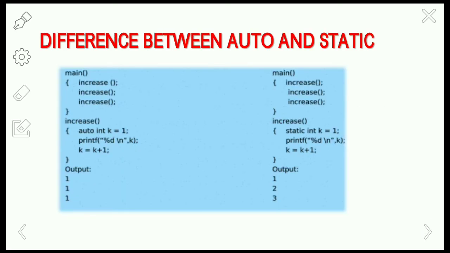So here, the first time the increase function is called, k equals 1, and when the second increase function is called, the k value will become 2. That is already stored in the k variable. So now k will become 2 and 2 gets printed. That means it is going to preserve that variable. Static variables don't disappear when the function is no longer active. Even when this function becomes inactive, it will store the variable value and the value will persist.